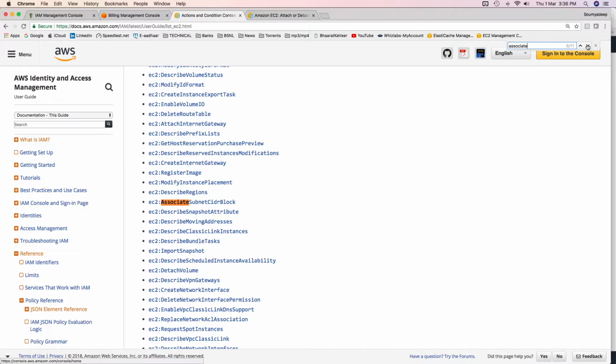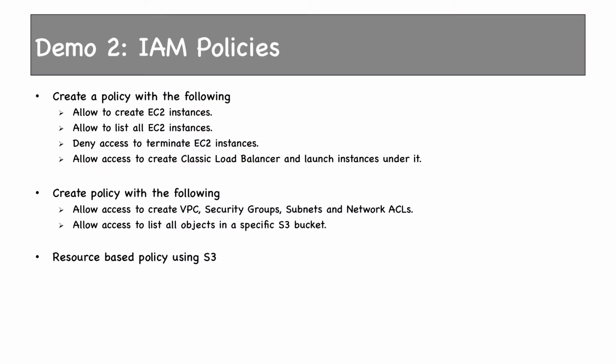The action to associate to a subnet is actually EC2 associate subnet CIDR block. So you'll have to add this action to your permission policy. You have not done so, so you are not able to associate the NACL to any of the subnets. Go ahead and do that yourself, and also create a policy which should allow access to list all objects in